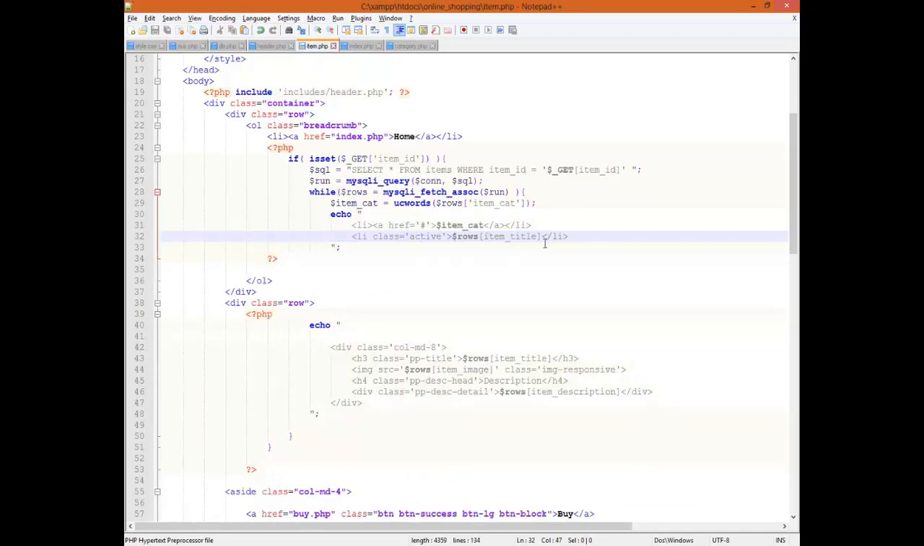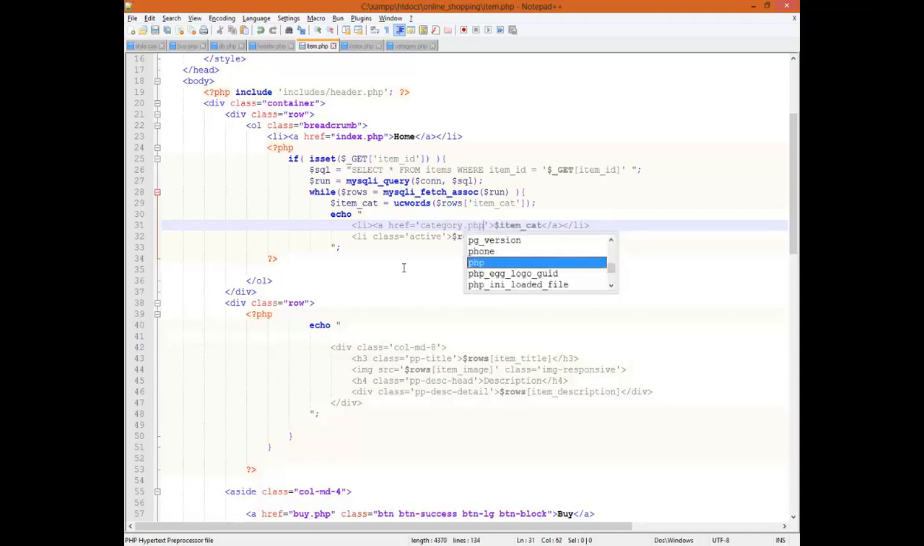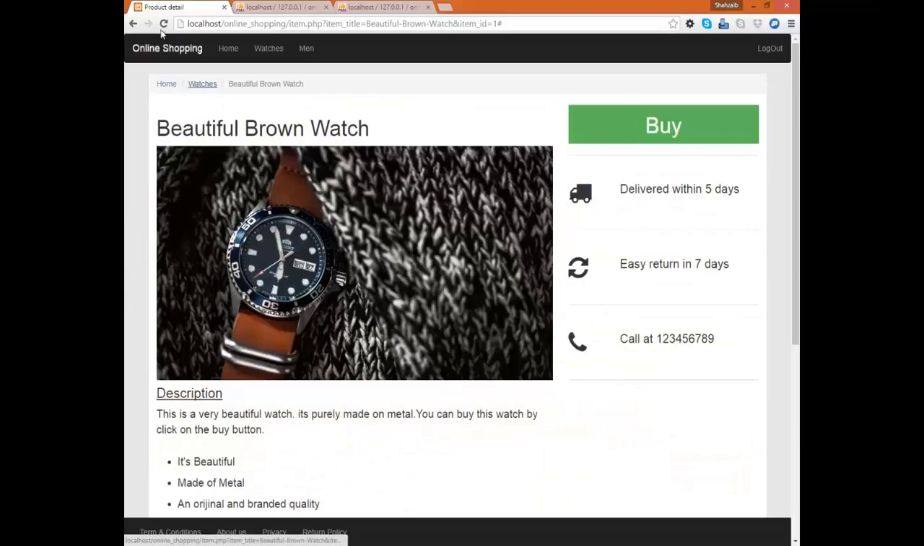I'm going to the item cat here, just removing this hash. This hash should not be here, and the category.php spelling should be clear. Category.php, save and refresh this. Now when I click on watches, I'm going directly to the category, but because it has nothing else, the page is unable to identify where you want to go,